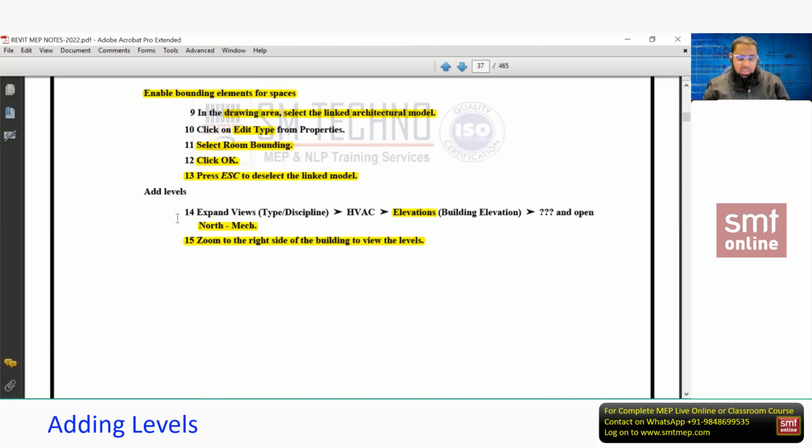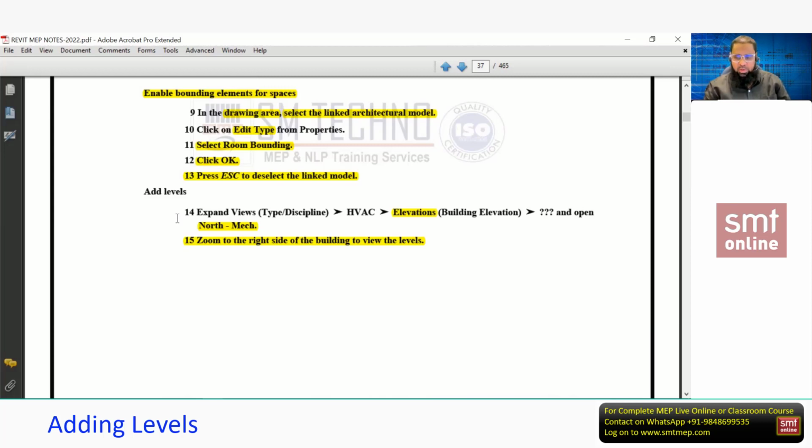Without a plan or ceiling view, can you think to plan the duct route, pipe route, or this diffuser, light fixture, etc.? We require the floor plans now. With the floor plan only we'll do the planning for the services, for these equipments, or for this diffuser, air terminals, etc. Right? So how to create that floor plan? And creating a floor plan does not mean that actually we are going to create it. It is there in the 3D intelligent building. Simply we are going to access.